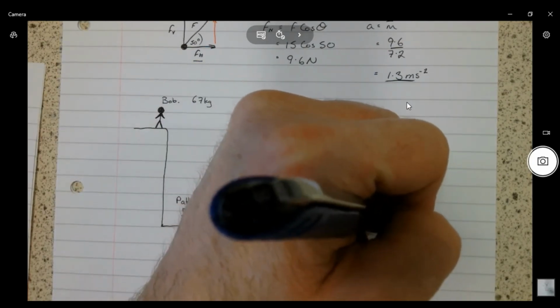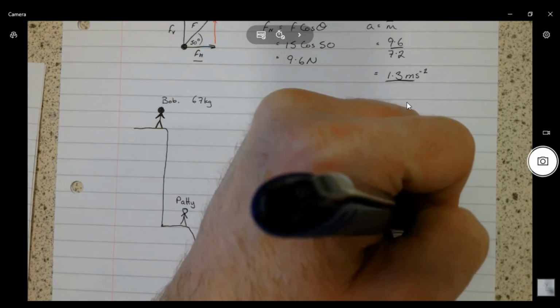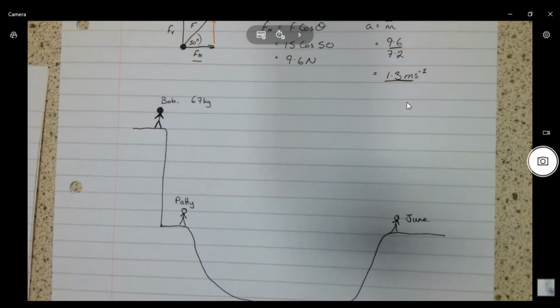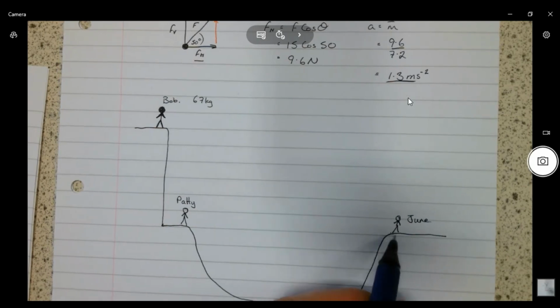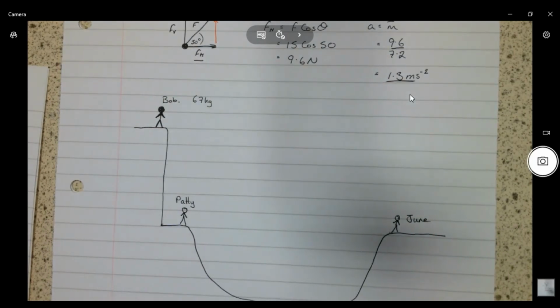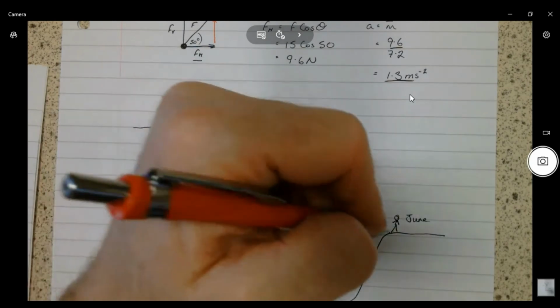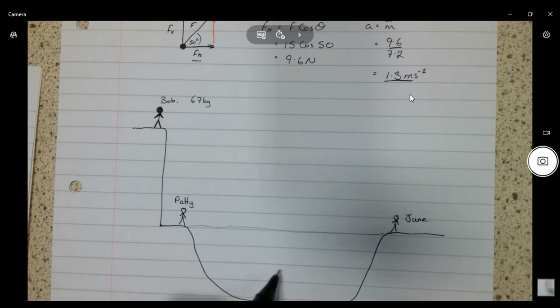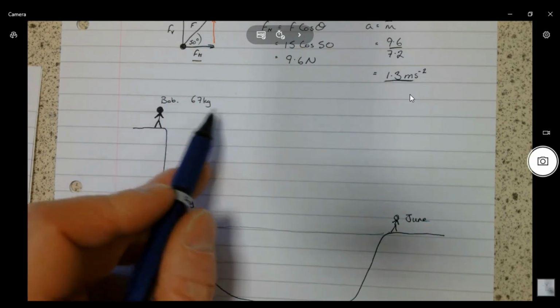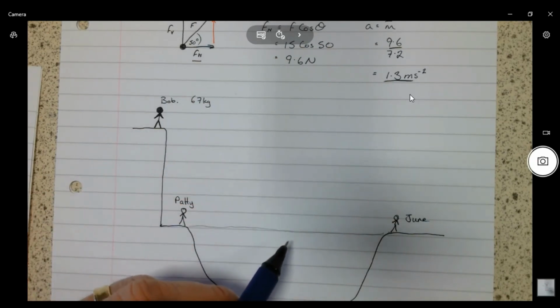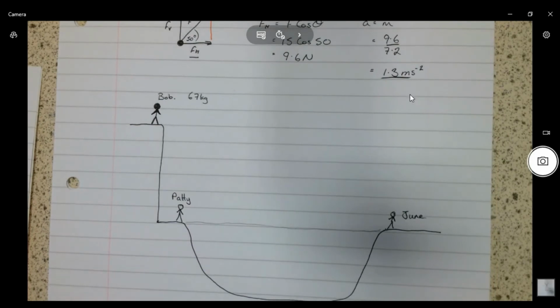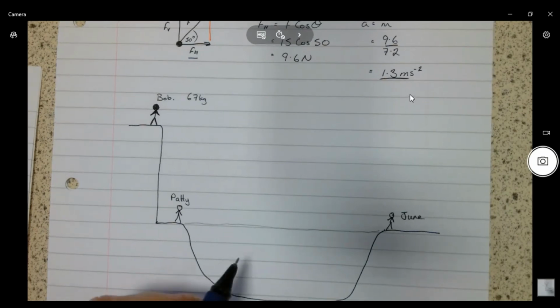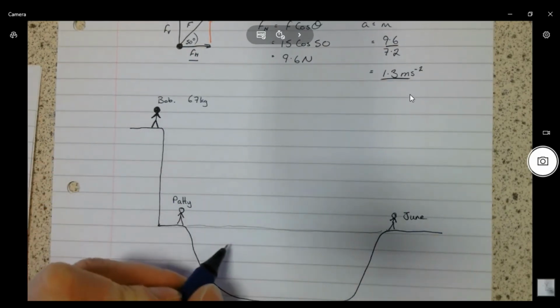Patty and June are standing either side of a big pit holding a big elastic rubber sheet. Doesn't matter if this is real. It's not. But Bob jumps off the cliff and lands. He tries to straddle either side of the rubber band, because really it's not going to be a 3D thing, but either side of the rubber band,